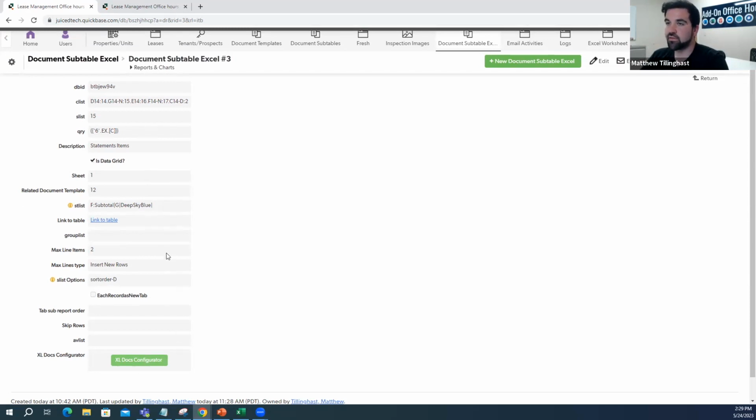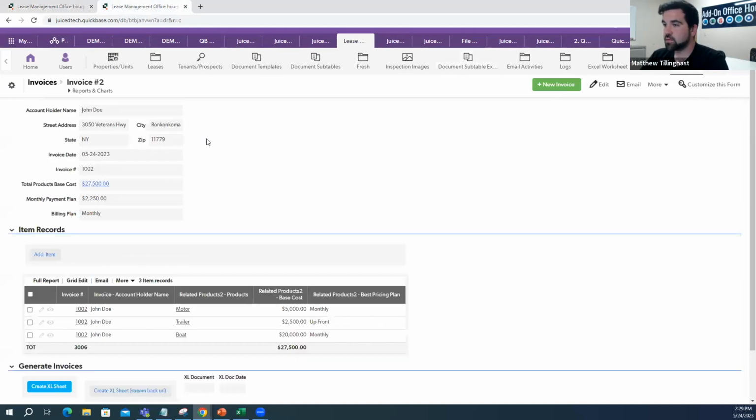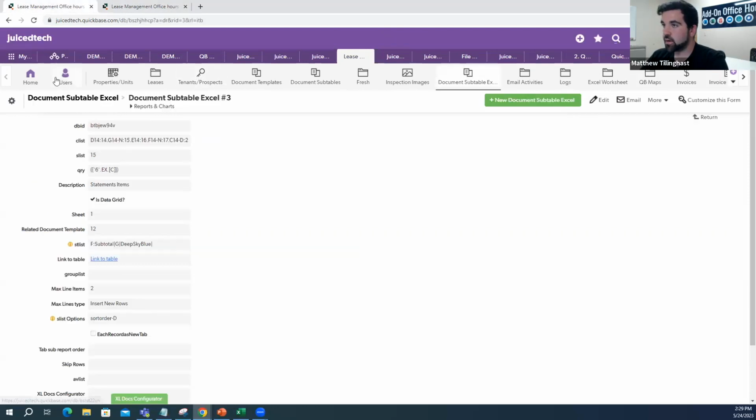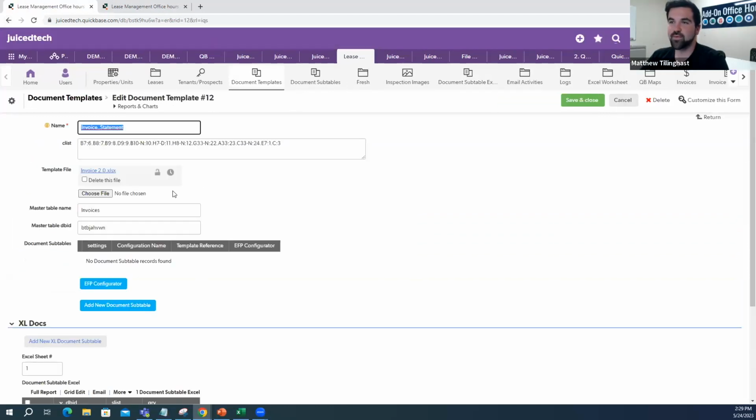For those of you who are very familiar with using this tool or using this page in the past, you can see how much easier it was to make that happen. So now, without further ado, before I do that, you've got to upload your document template. Yep. See, Keith, I was right there with you. I said,